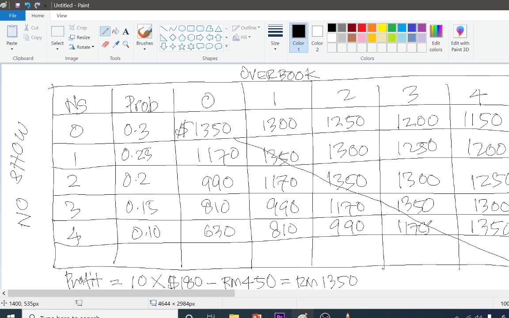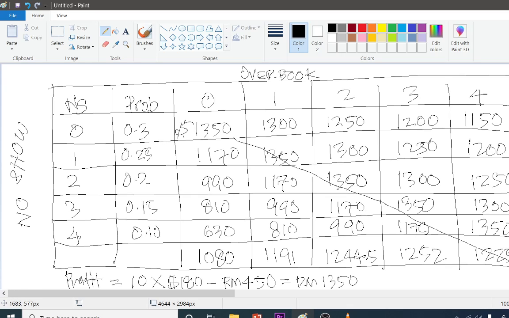So if you sum up all this column, this will become 1080, and this will become 1191. Summing up this column for 2 overbooking, you will have 1244.5. Summing up this 3 overbooking, 1252. Sum up all these 4 overbooking, we have